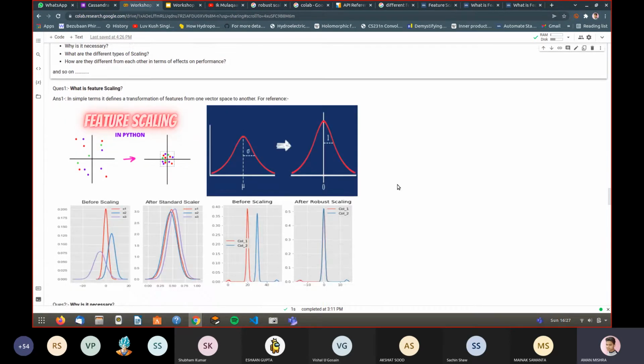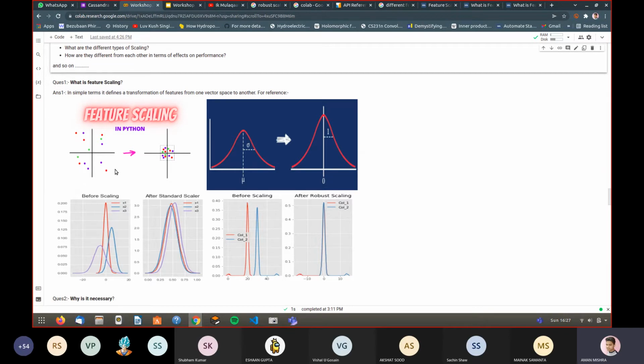And let me elaborate more with these figures. Suppose this first figure will tell you that these points are very far distributed, but after applying a type of scaling, these all will shrink down to nearby the origin. We will tell you later how this will happen, but as a whole, this can be the scenario.